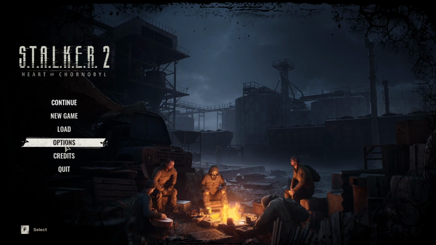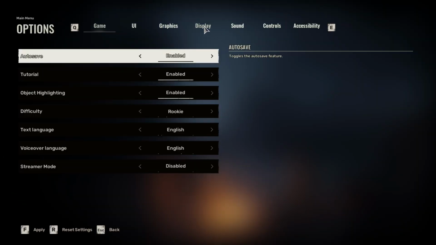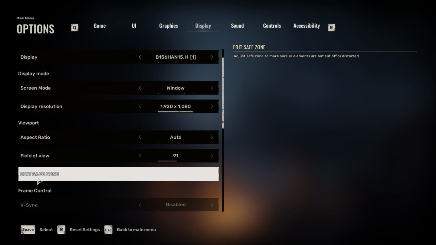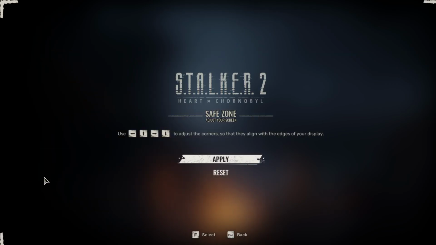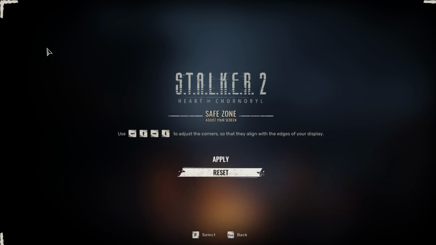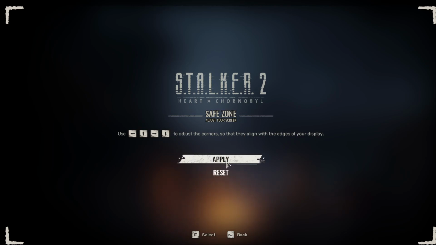To do that, go to Options, then go to Display and find Edit Safe Zone. Click on it, and now you can see that here I have these corners. I can use the arrows on my keyboard to adjust them. Now they fit in my safe zone, so I can click on Apply,